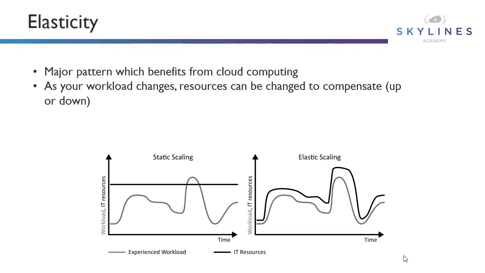As your workload changes, though, in elastic workloads, resources can be changed to compensate, and that's up or down. So you can see that solid black line on the right-hand side. This comes from the Cloud Computing Patterns website. You can see that black line goes up and down in response to the workload. It's still above the lighter gray line because we still want to make sure that the workload has enough resources for those peaks and we don't have any performance issues, but you can see we're able to tailor it based